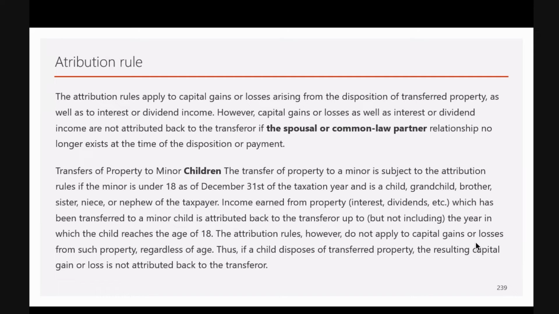The parents are not spouse or common law partner, so they are not included. They are excluded. And her daughter is over 18, a first year university student. So in this case,